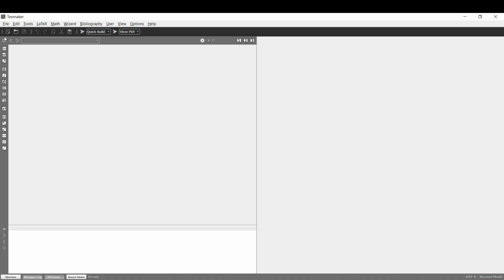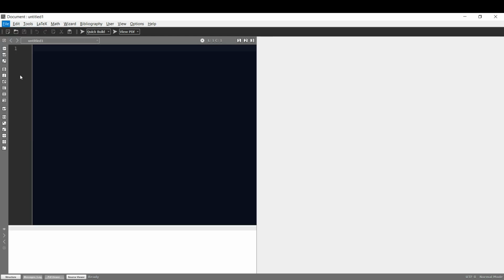First, let me save this untitled document as class 5. Now, in preamble, let me define my document class. As I have mentioned in my previous classes, I'll always use AMS Math, AMS Sim and AMS Fonts packages in all of my documents. I will also use another additional package \parindent 0px so that by default my new lines will be starting without an indent. Now let me start my document environment by typing begin document and end document.